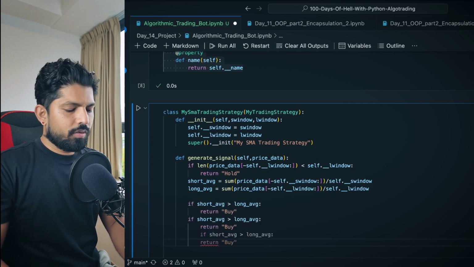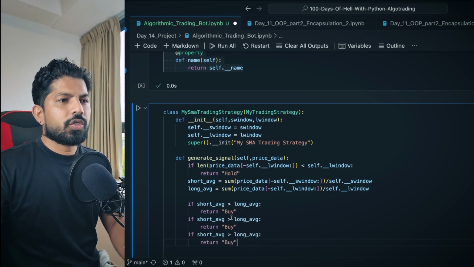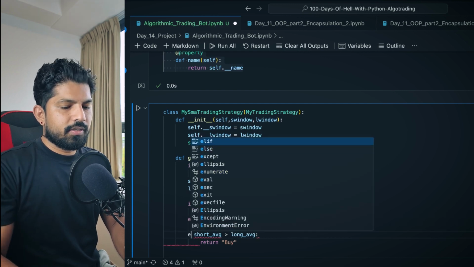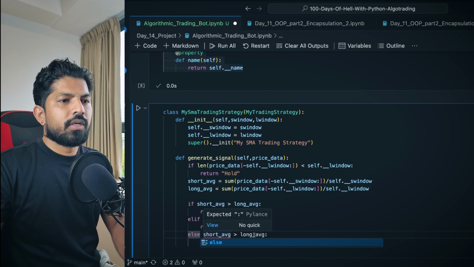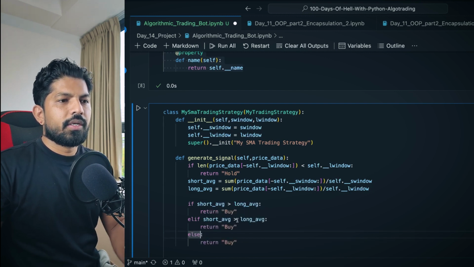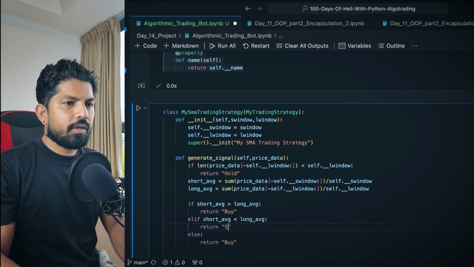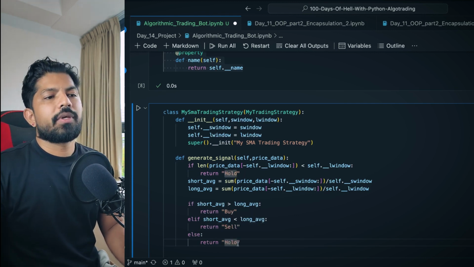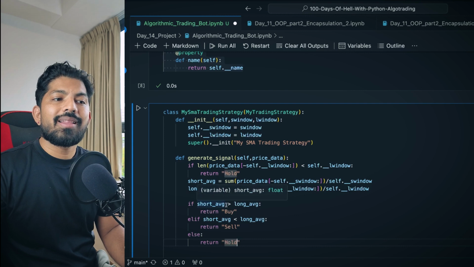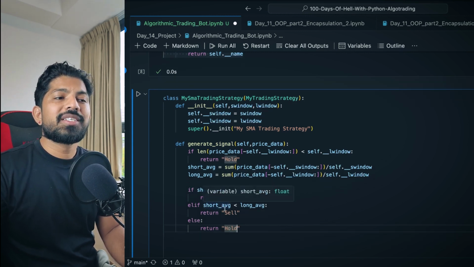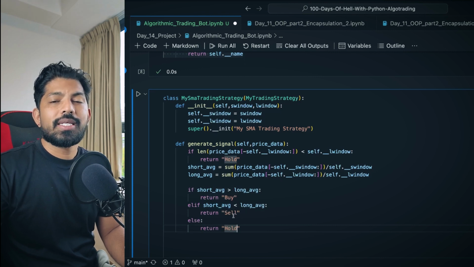Here I'll apply elif and here else, and I'll remove this from the last, and change the value to sell here, and in the last it will be hold. Let me explain what is happening here. If short average is greater than the long average, it will return a signal with the buy string. If short average is less than the long average, it will return a sell signal.